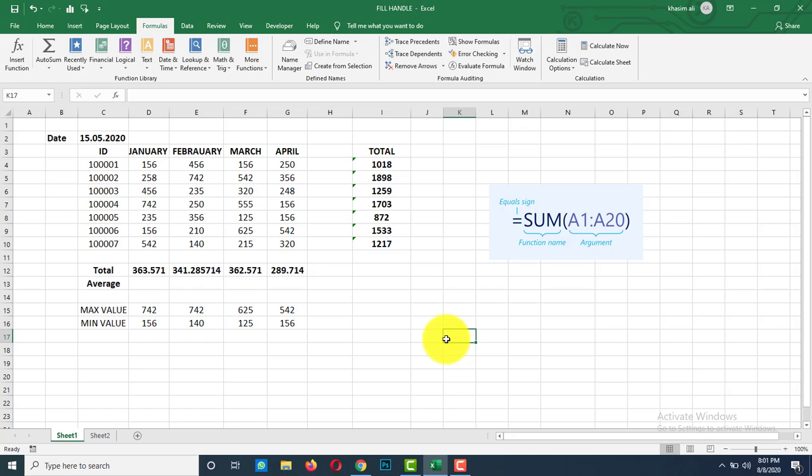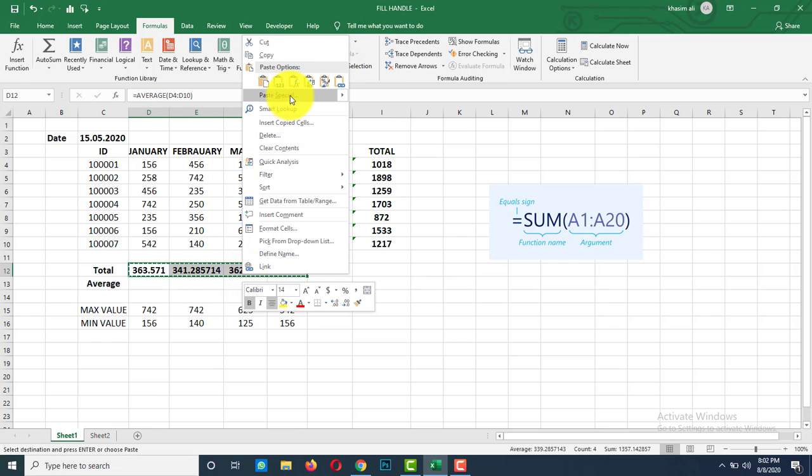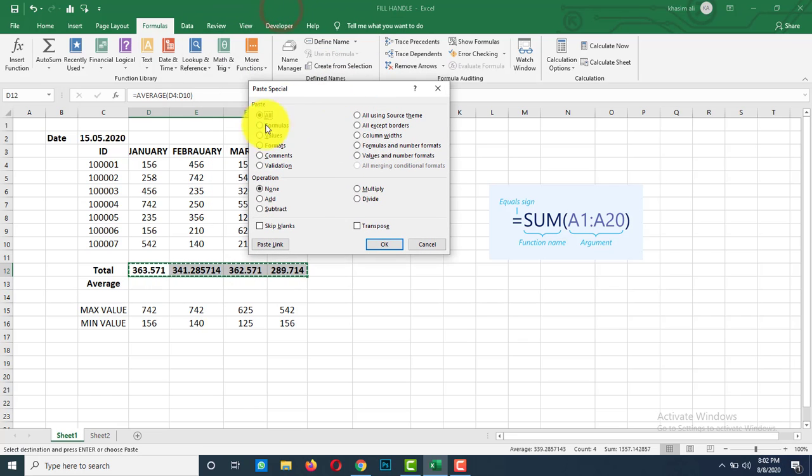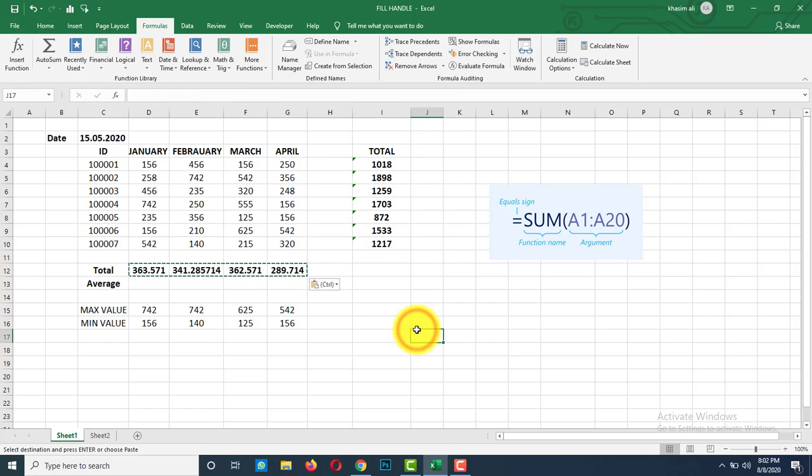So for that, select the cells which have formulas. How to know the cell having a formula? For example, if you select this cell, it shows only text. But if you select this cell which has the formula, it shows the formula instead of text. So first select these cells which contain the formula and copy them. Now again right click on the selected cells and go to paste special. Now here select values and then click on OK to remove the formulas. Now deselect this using Ctrl D. Now check this. You don't have any formula. The formula is removed.